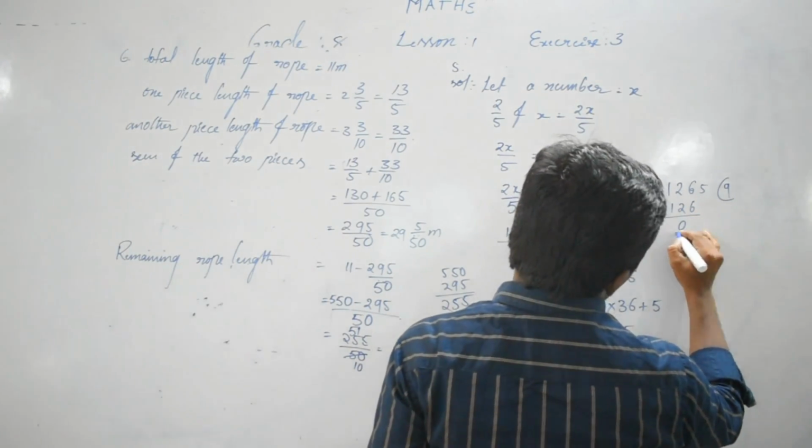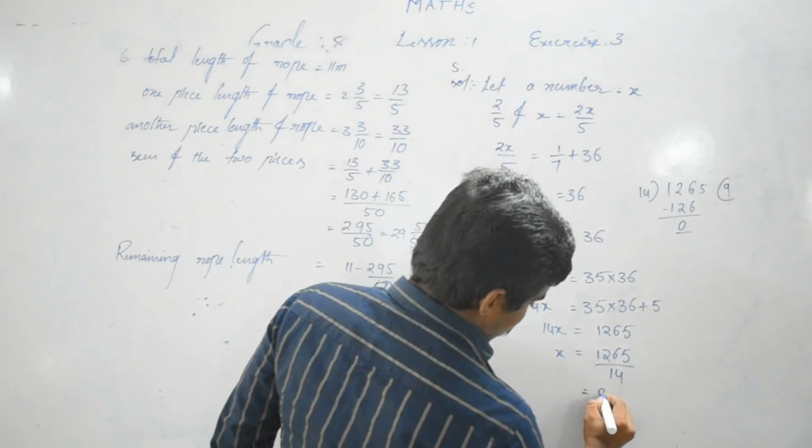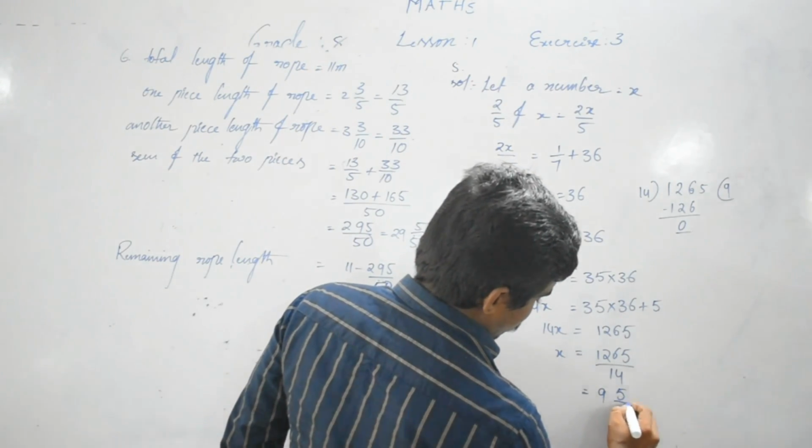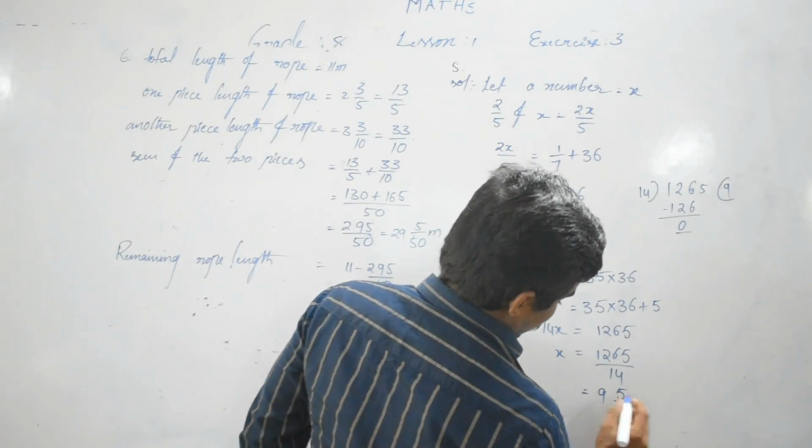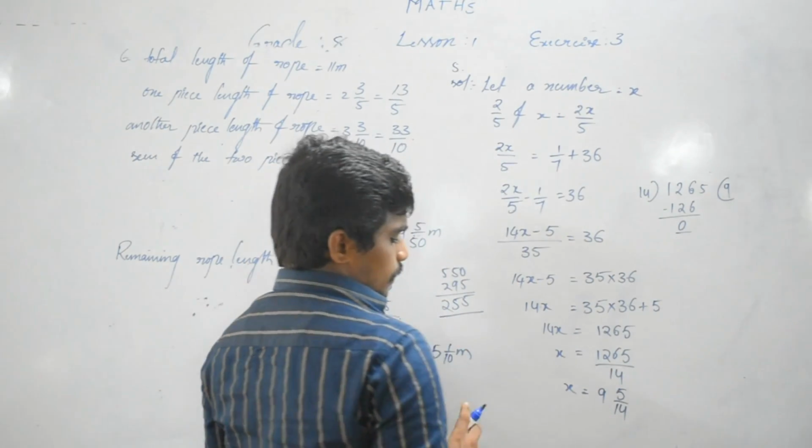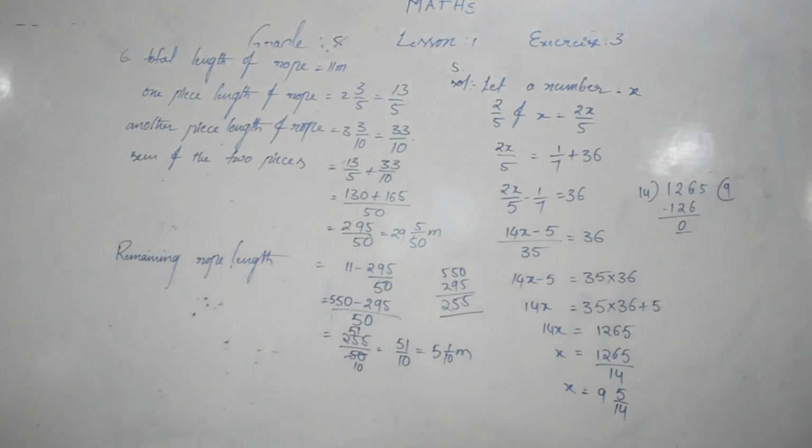So here 0. 9 5 by 14. That number x equals...